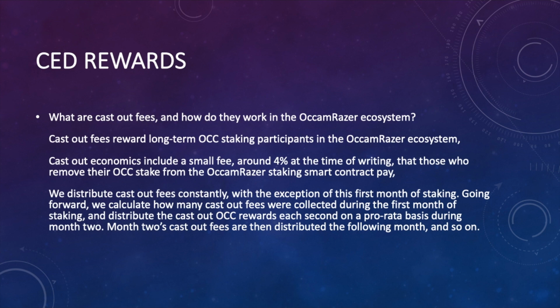If you have staked your Occam tokens on OccamRazer, and you stake more than 150 Occam tokens, then you qualify to get CED Rewards. CED Rewards are generated every time an Occam token staker unstakes his tokens. When you unstake, for instance, 100 tokens, then you have to pay 4% in fees, and that means that you only get 96 of your tokens back, but those last 4 tokens are then given to the rest of the